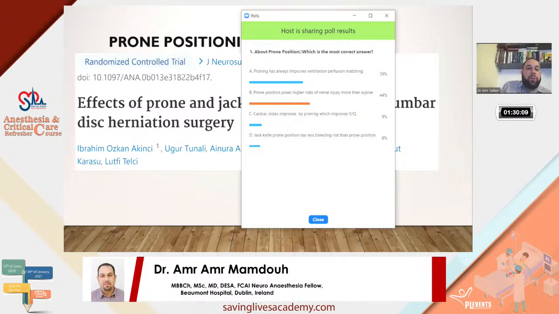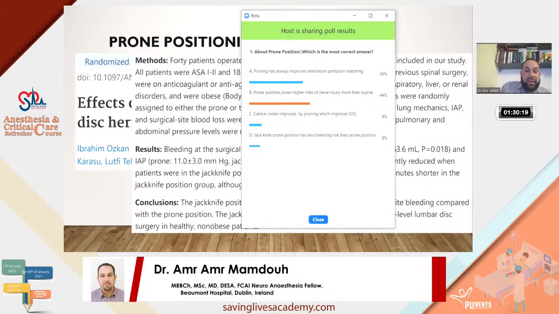And that's what we were talking about: the jackknife positioning of the head, of the whole body. They concluded at the end that it decreases intra-abdominal pressure elevation and surgical site bleeding as well. And they concluded that the jackknife position is the preferred choice. I know a lot of surgeons now are performing single-level and multiple-level surgery in the jackknife